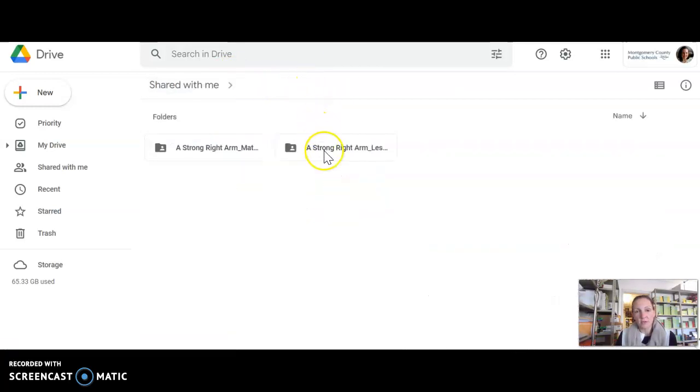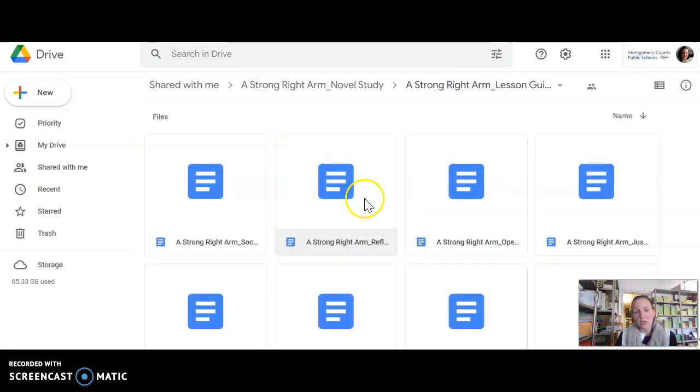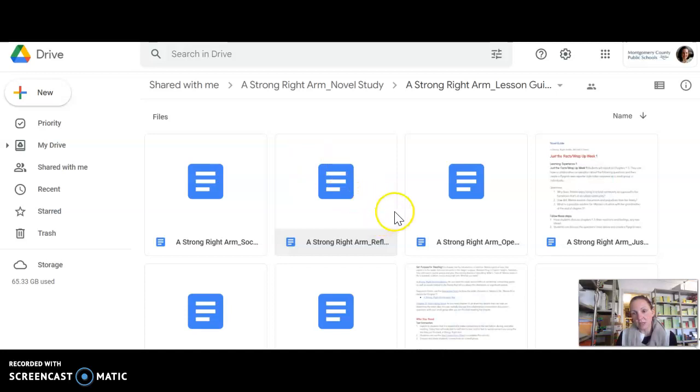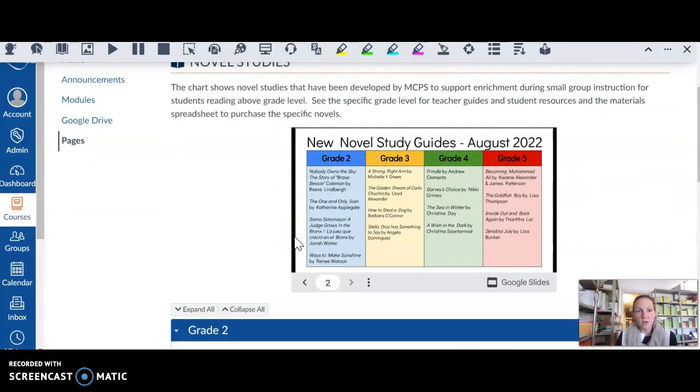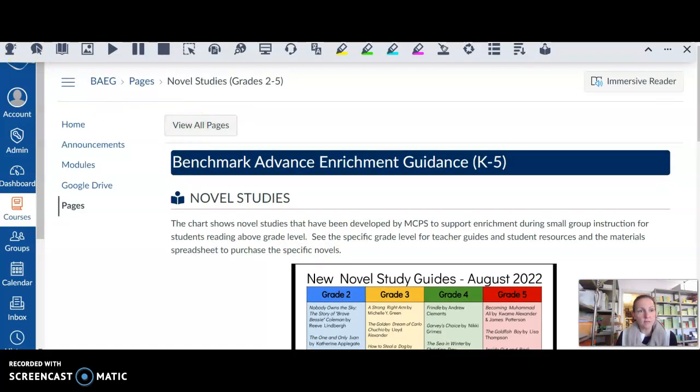We go back to the novel study. These are lesson plans that are already written. So they really are trying to make it as easy as possible for you to provide enrichment to those students that may need it. So it has a lesson by lesson format here as well. Another great resource, if I go back,